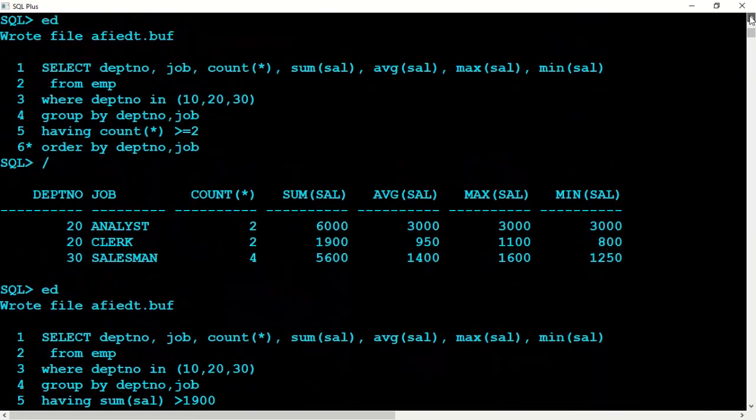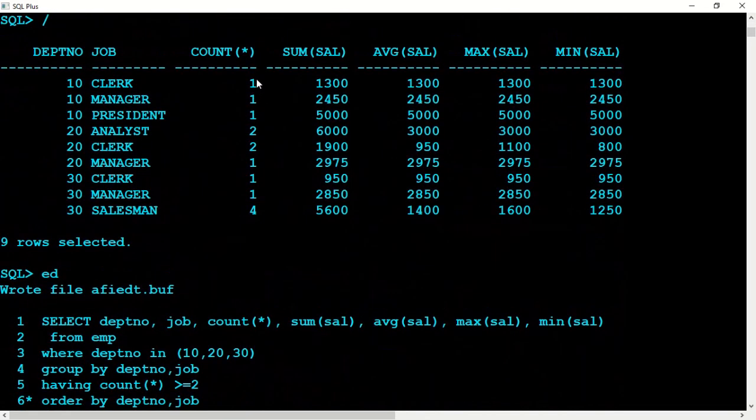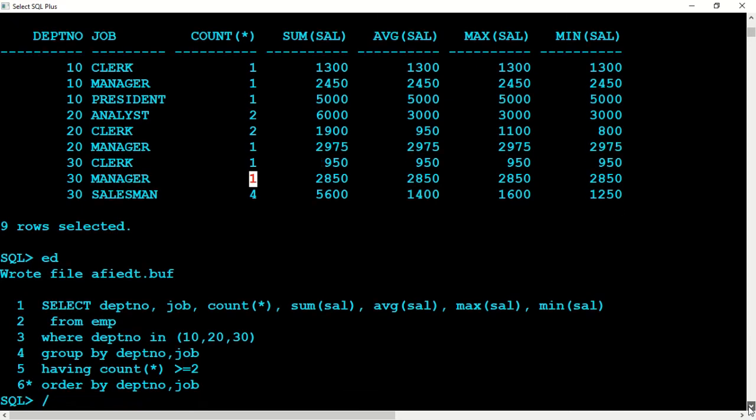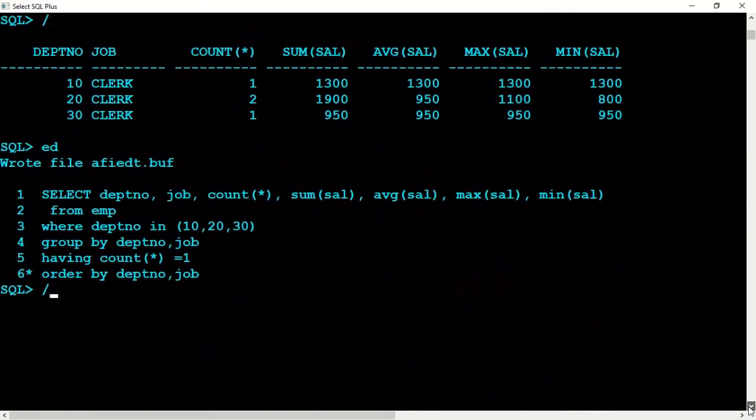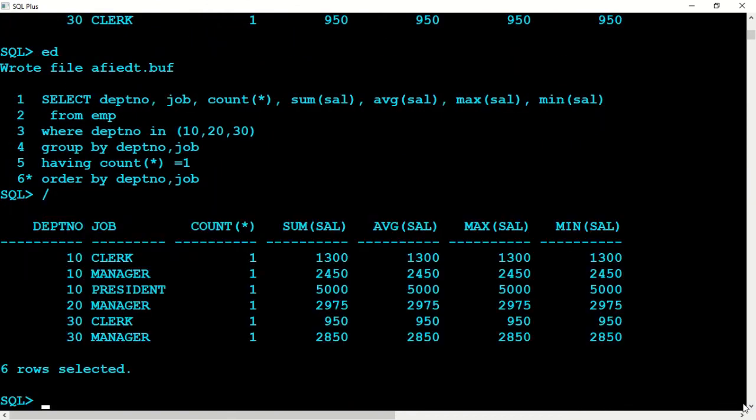You can see here those which have count star equal to 1. So 1, 2, 3, 4, 5, 6, these are equal to 1, right? Let's press enter. So you can see all those whose counts are equal to 1 are shown here. Only those groups have been listed whose count star, the number of employees, is equal to 1.